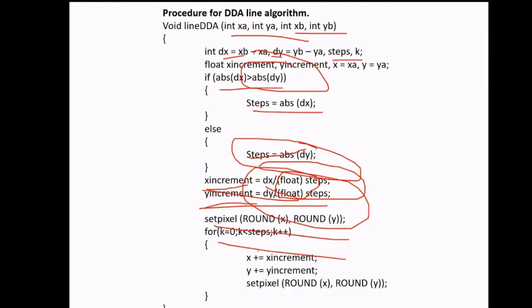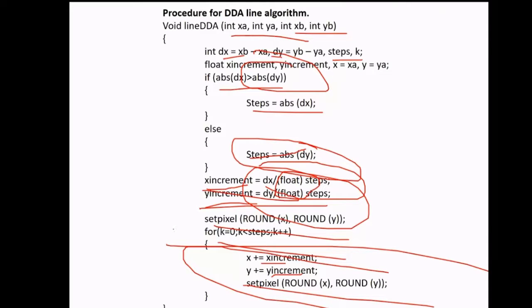So we have one value, that is x increment. In our case, if it is 1, or if it is 0.5, then we have to put it over here. That is x equal to x plus x increment, and the next thing is y equal to y plus y increment. Whatever value we get, we again keep putting it into the algorithm. So that would be able to create a line, or if we are adapting a circle generation algorithm, then we have to put it in that also. This would create a complete object onto the computer screen.